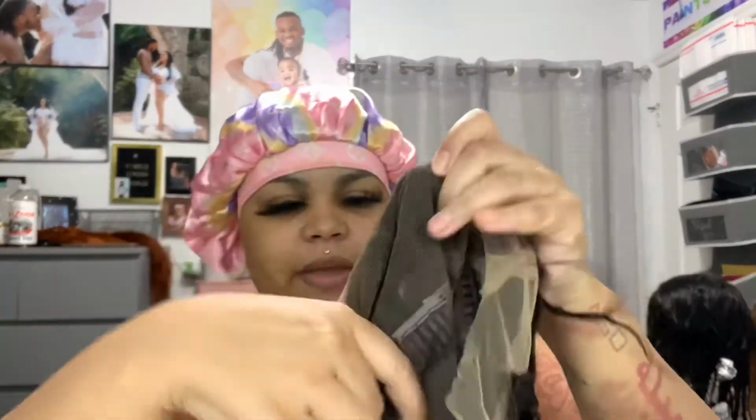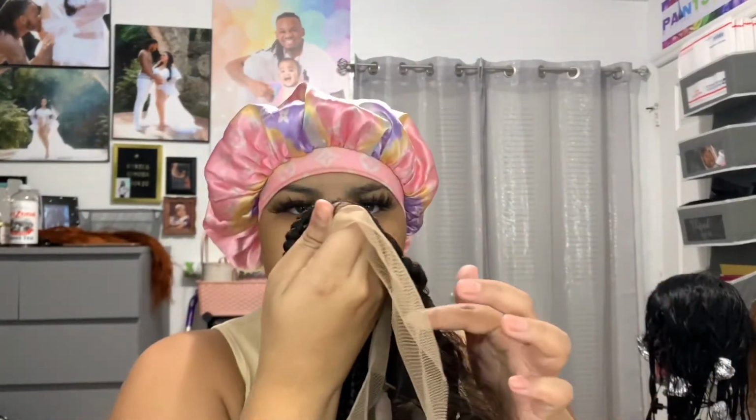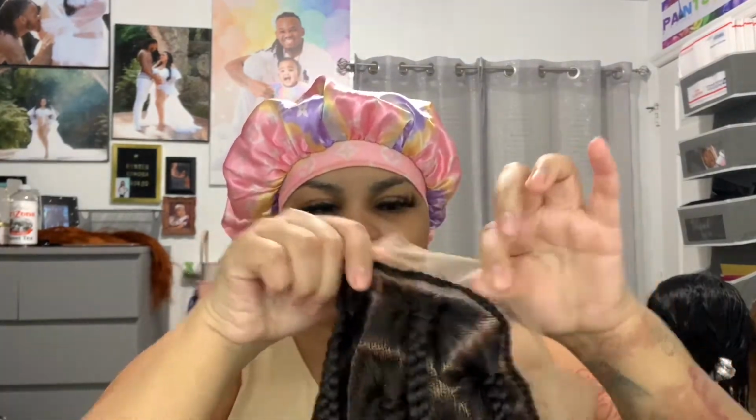Period. This is a full lace wig, honey. Full lace, 20 give scalp from top to bottom. It comes with combs, adjustable straps, and an elastic band. Okay, y'all see the braid around? That is the braid for your baby hairs. I'm gonna go ahead and take that out because I need to make sure everything is sitting how I need